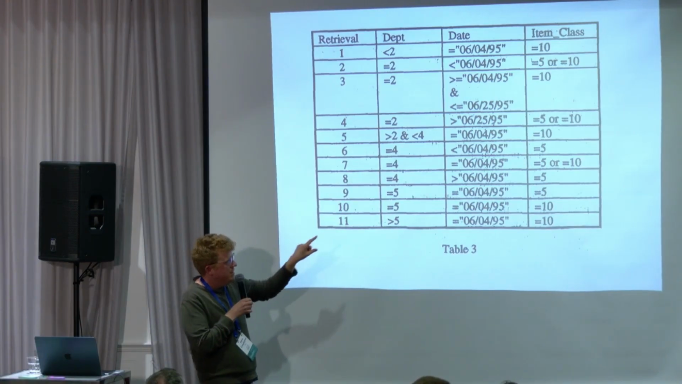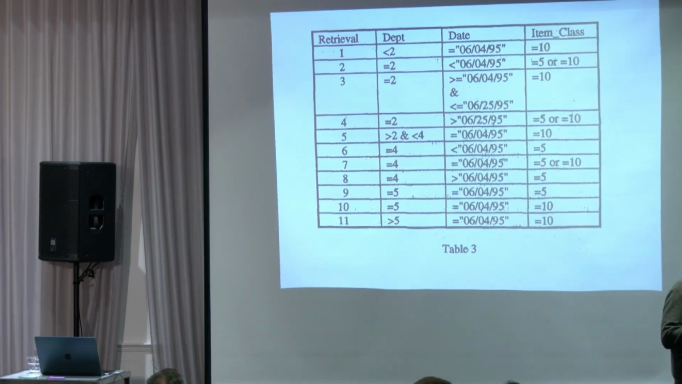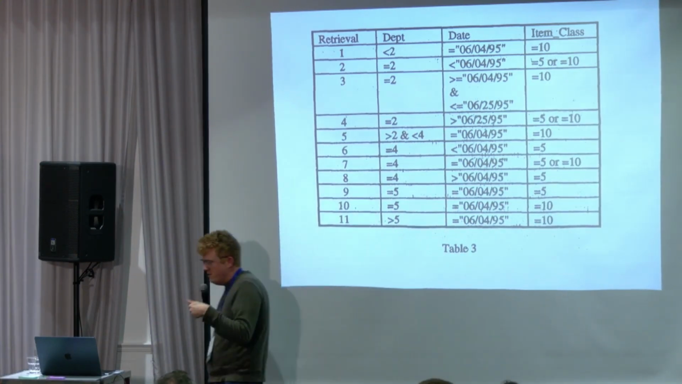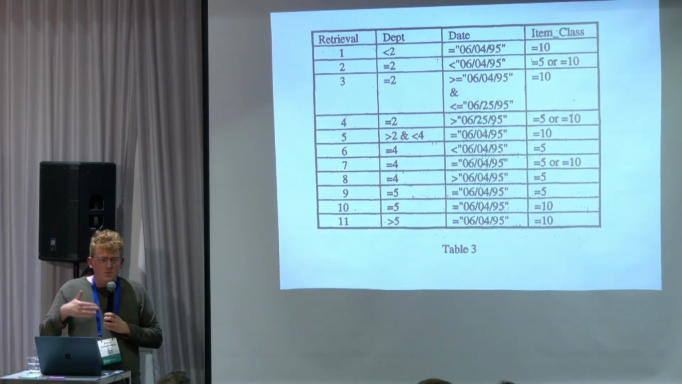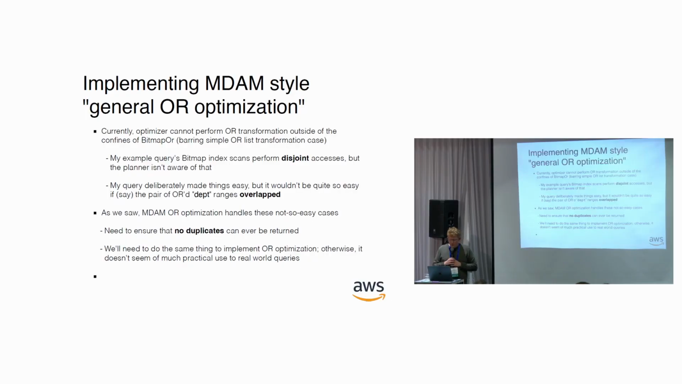Now, notice that we still have some ORs here, 5 or 10. So it's not, strictly speaking, in disjunctive normal form, but this is the ideal thing that the B-tree code would want, because you could think of this as being like a scalar array op. You can imagine it being where item class in 5, 10, and so on. So this is the ideal form that the B-tree code would want to be passed these index scans in. I'm imagining this as being sort of like an